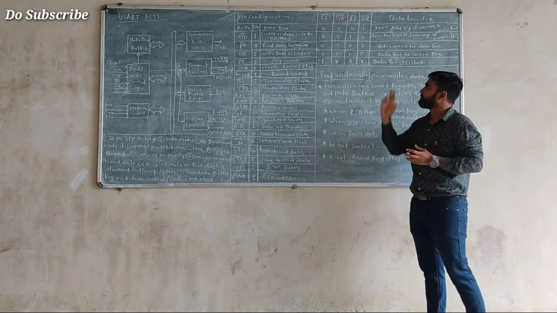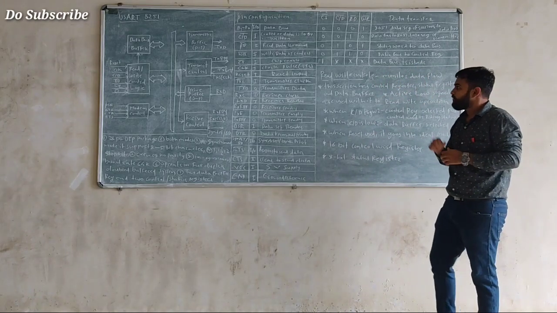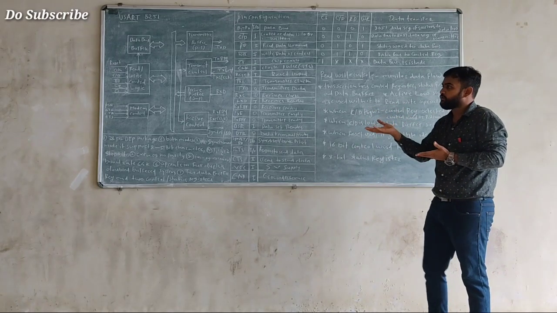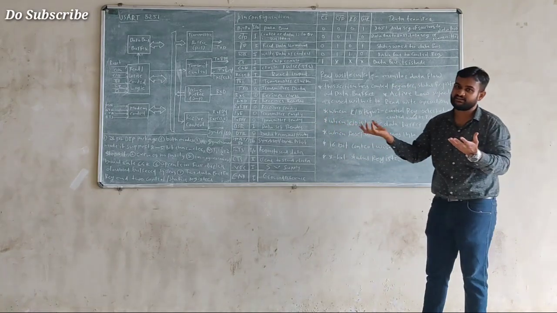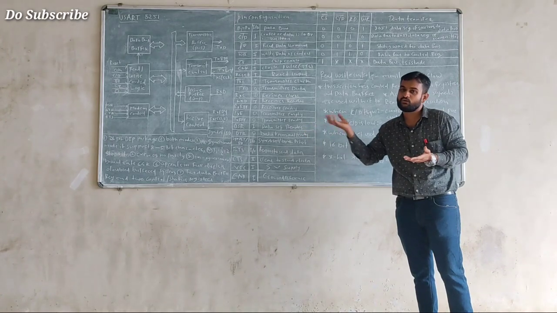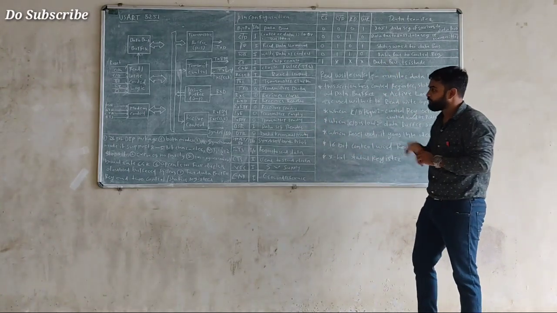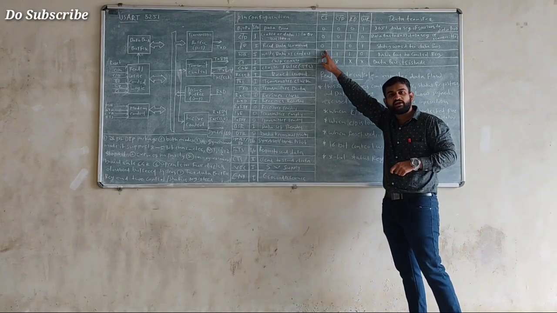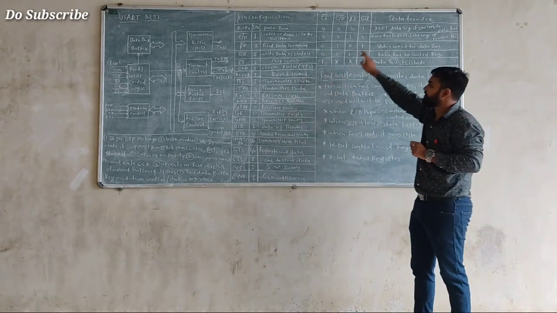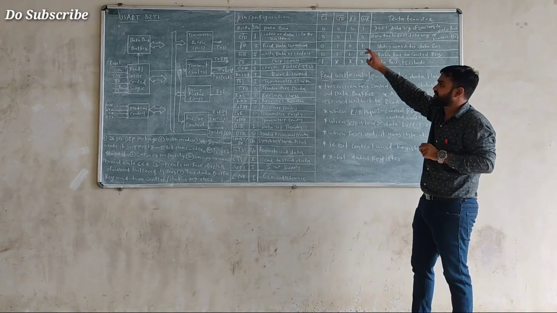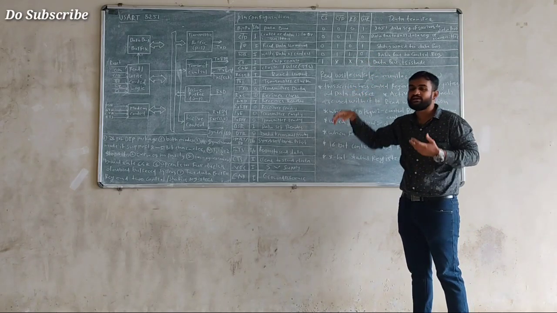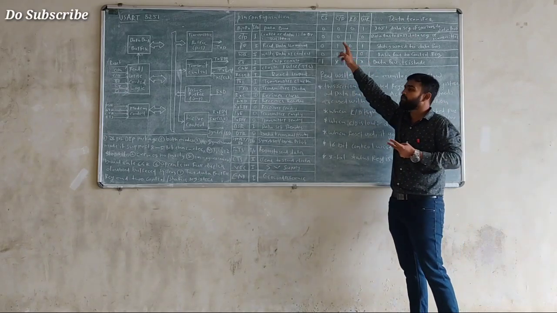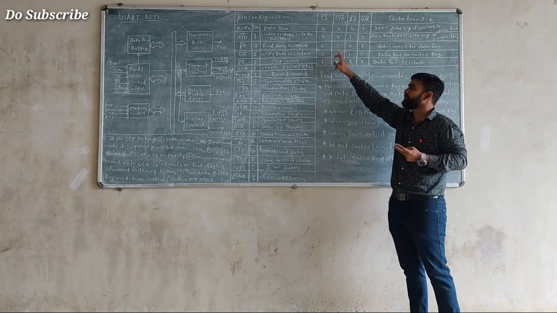By changing the values of CS, CD, RD and WR, we control the read-write operation, that is, we control the receiving and transmitting and the status register. We select any register and control register by changing the values of these pins. So first we have the CS pin, that is the chip enable pin. The chip enable pin always needs to be set to 0. Then we have the CD pin. That CD pin indicates whether control or data is to be written. For two conditions we are going to place this value at 0, and for two conditions we are going to place its value at 1.